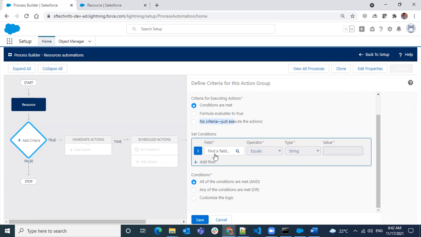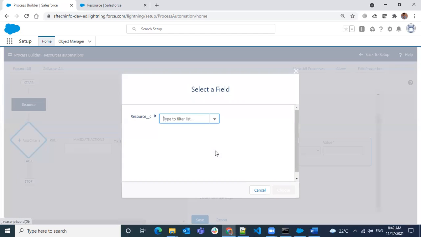Now, once you have all this logic, let's say project resource, what are the fields that we have in the project? Discount is valid, resource, okay, we have status.